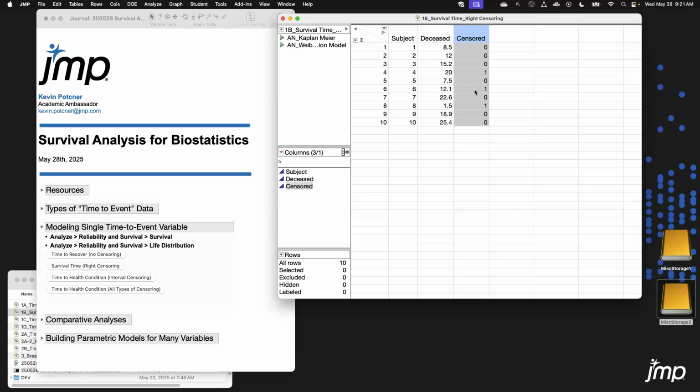And basically, I've set up a binary variable indicating where the censoring is. So I'm using the value 0 to mean complete data. So for those 3 subjects, I know the exact time that they passed. Here's another one, and then these last 2. And then the other 3 are censoring. So this first subject here, we studied them for 20 years, and that's the length of time we've studied them, and they're still alive. So all I know is that 20 is a lower bound, and so that 1 is